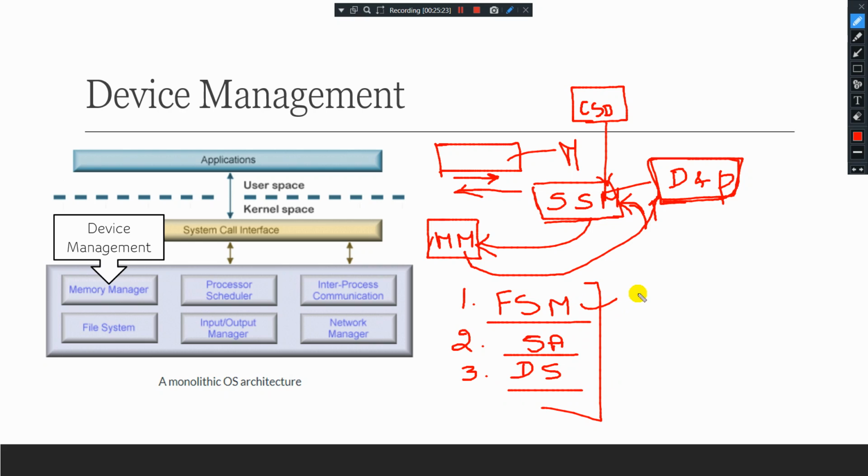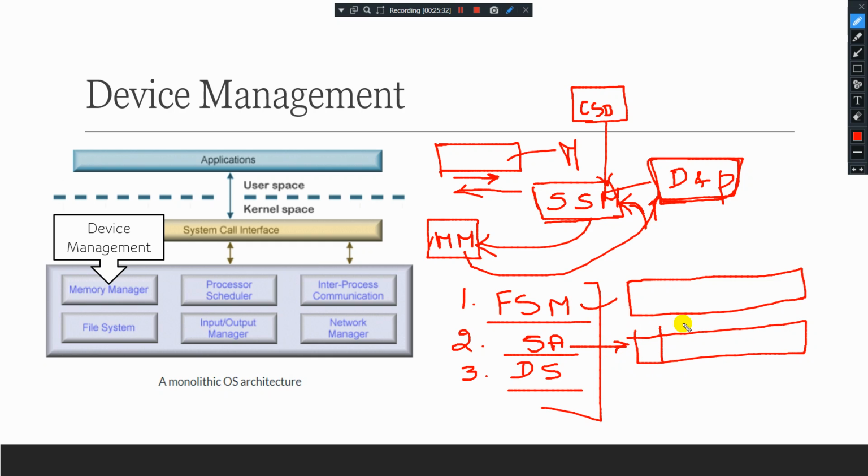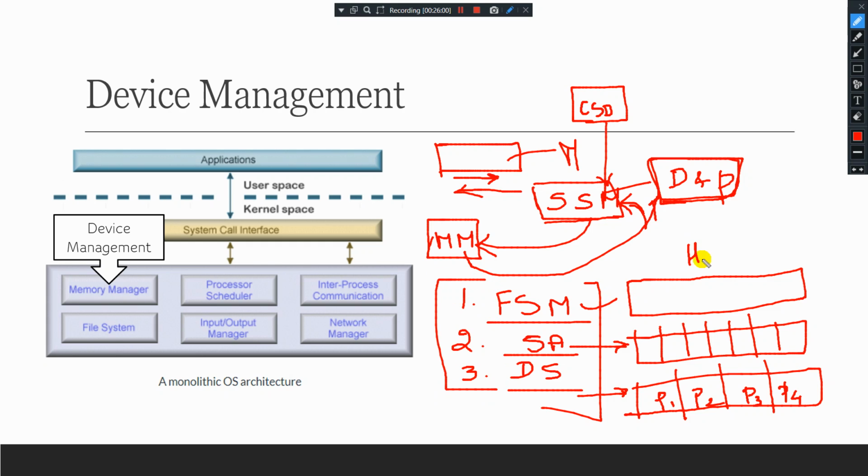Free space management takes care of how much memory is utilized and how much memory is available. Storage allocation takes care of where the data is stored in consecutive memory locations. Disk scheduling takes care of which memory space has to be used by which process while running in the CPU. These are the three points carried out by the disk management unit. The entire speed and performance of the computer may depend upon the speed of the disk system, that is, your hard disk. So that is about device management.